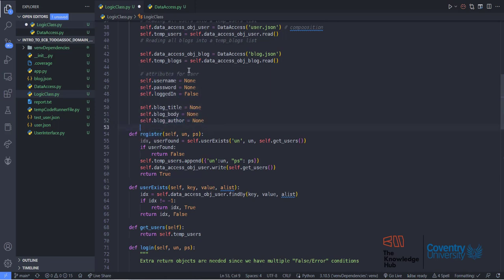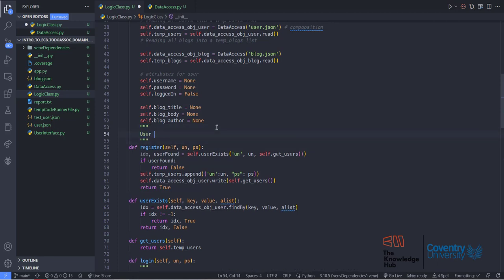Now take a look at the attributes here. We said that a user, right? We said a user can have one or multiple blogs, right? So one user can have multiple blogs, and a blog is associated with one user, right? So if we say that we have 3 attributes here, title and body and author, right? Usually the author name is going to be the name of the username, the name of the user, right? So let me just say that this username and password